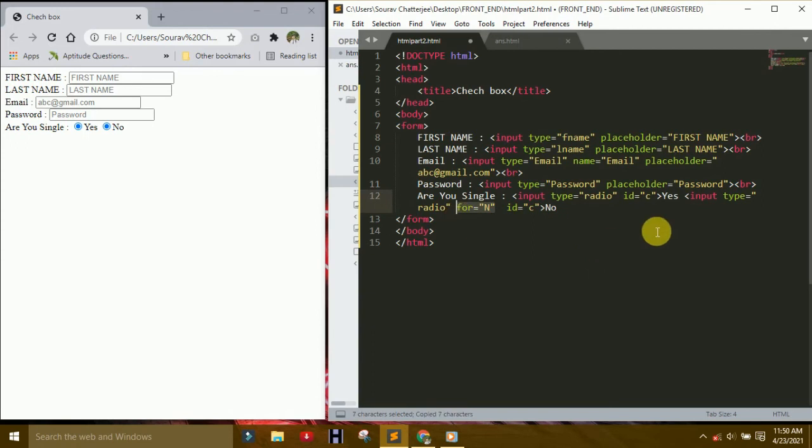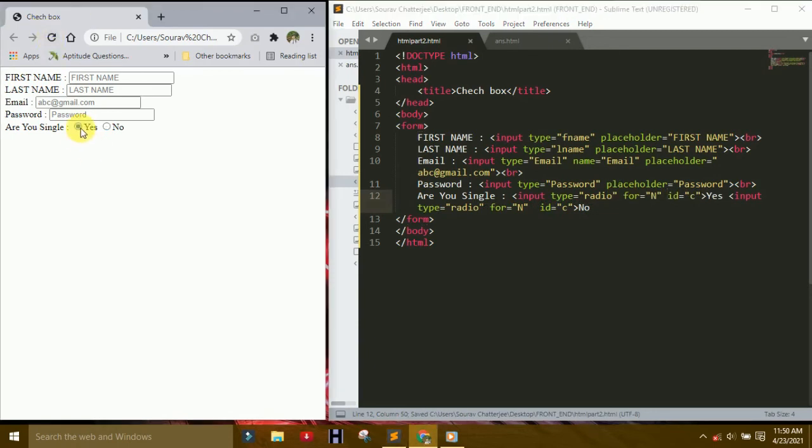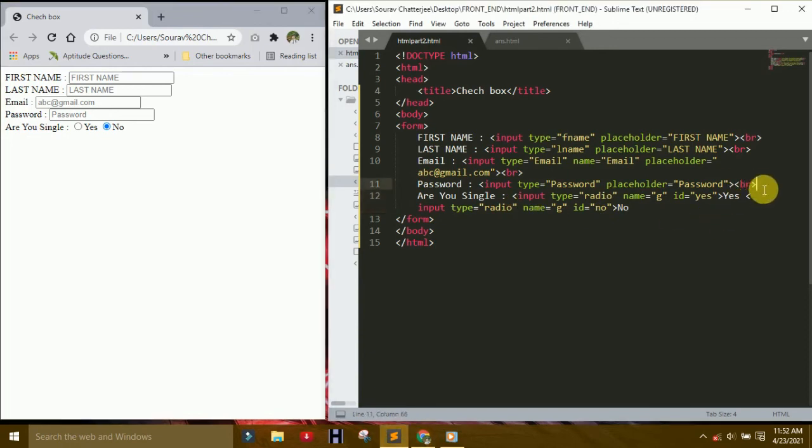Same as in radio button, first or yes. Right here is not click. Okay, both are click. So how you change means, if yes is click, no is not click, how will it be changed? So take some other idea. So now we see that if I use name is equal to same, I think no one understands.